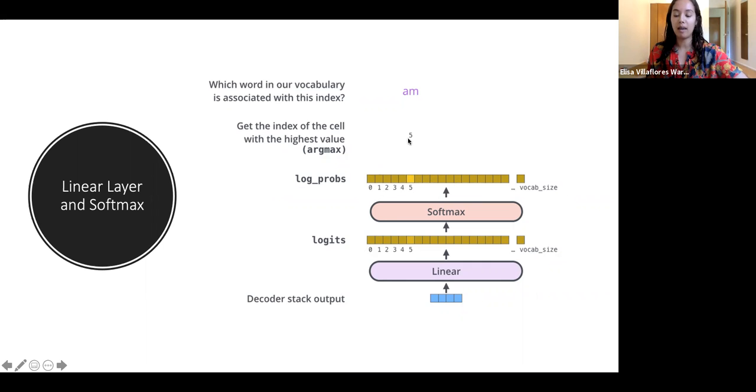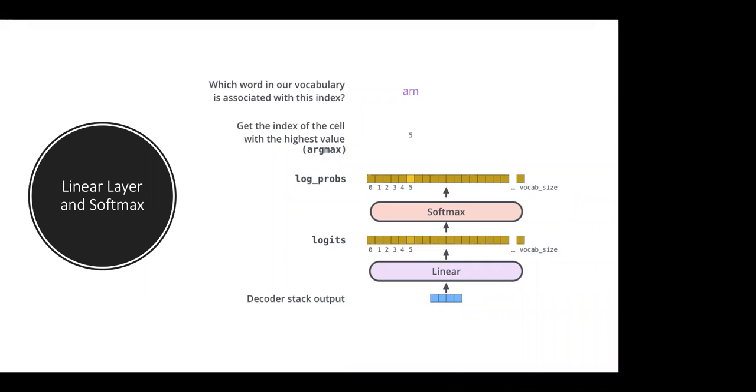And then they just take the max value, whichever the argmax for the highest log probability, and then they get an index into that dictionary, and then they come out with the word. Very cool. Okay.